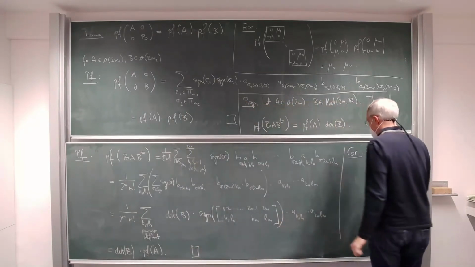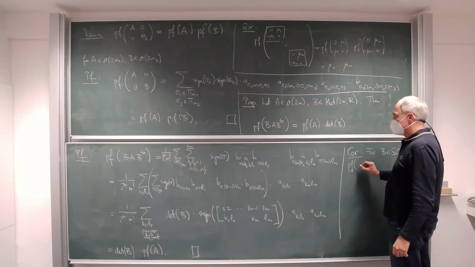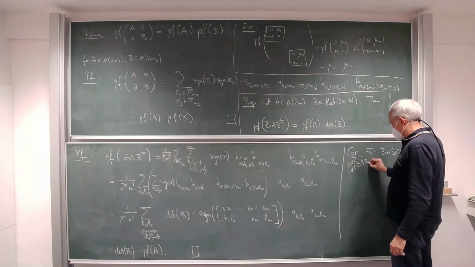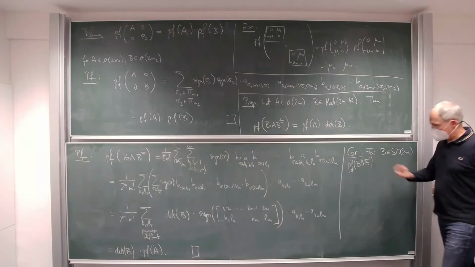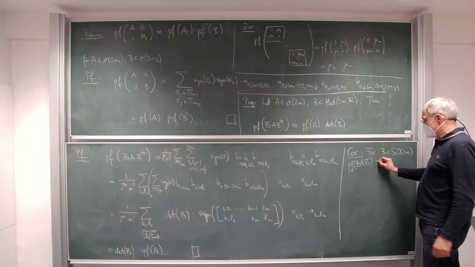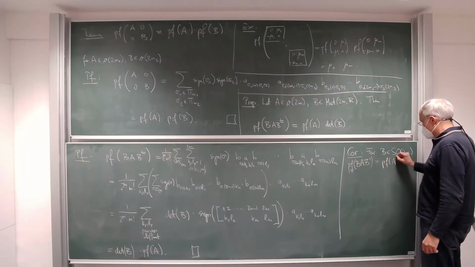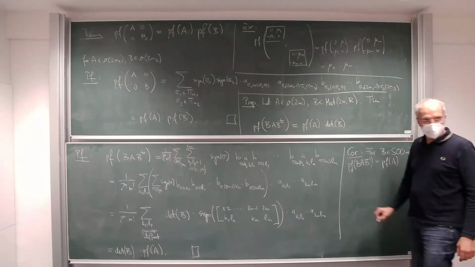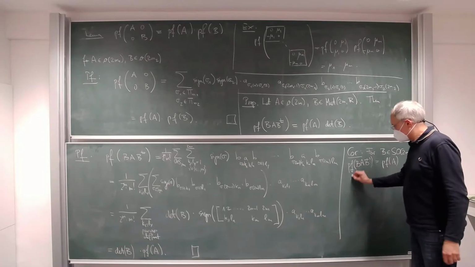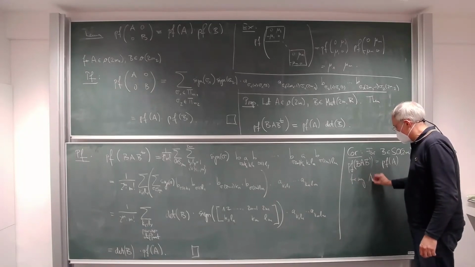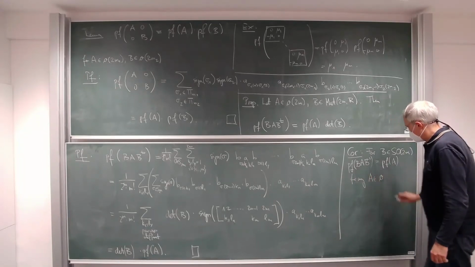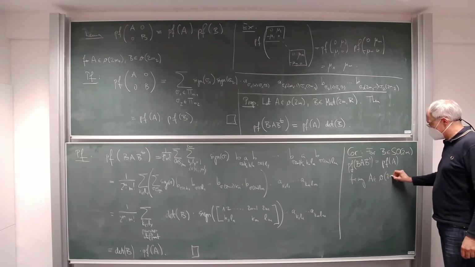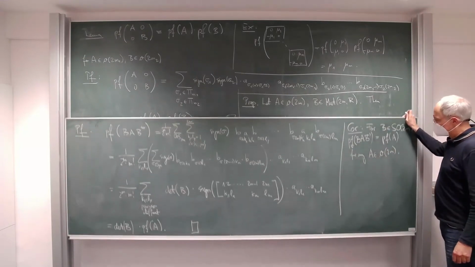So in that case we have the Pfaffian of B to the minus 1, which is the same thing as the transpose in that case, is equal to the Pfaffian of A times 1. For any skew-symmetric matrix. So for any A in little o of 2n. In other words,